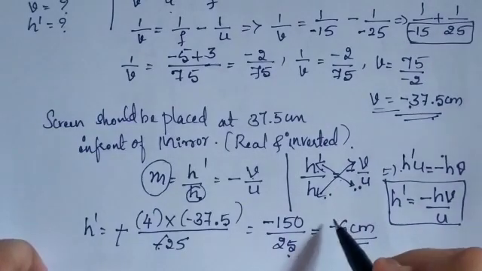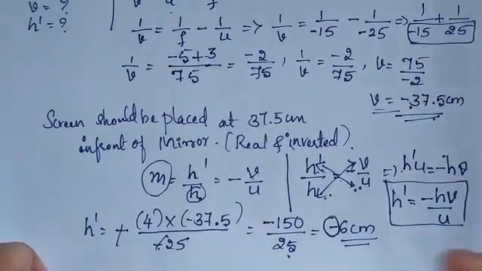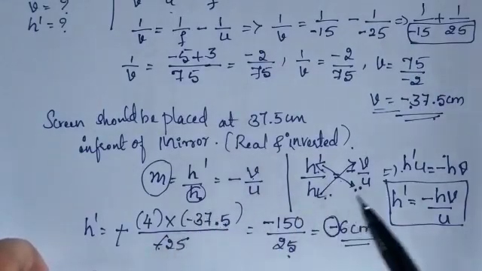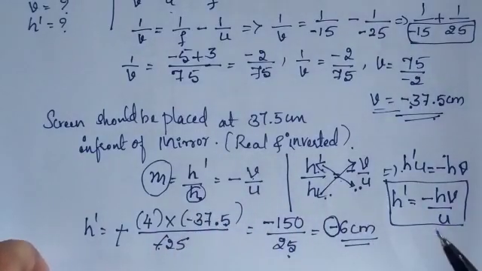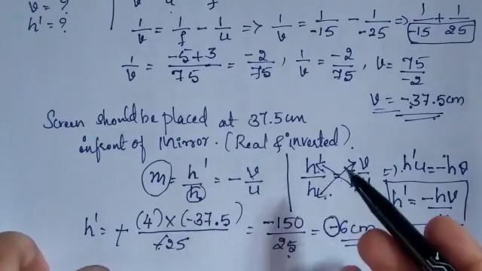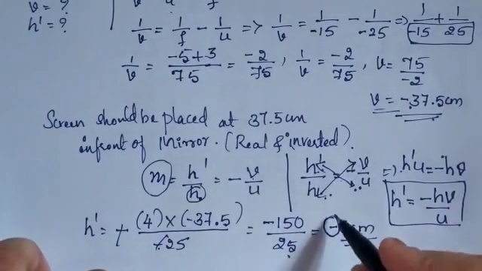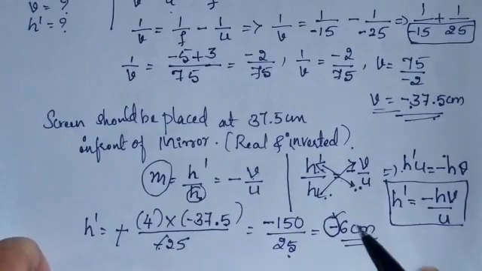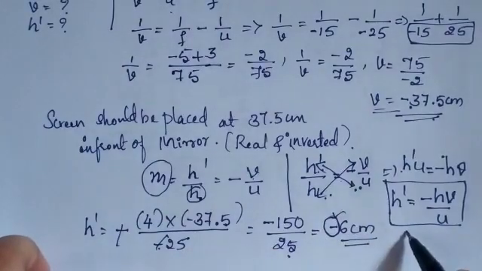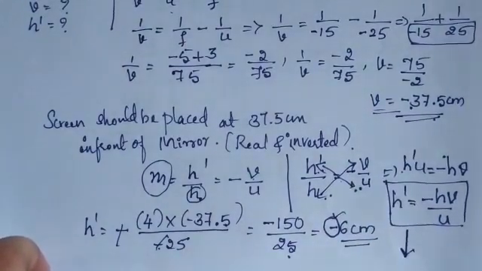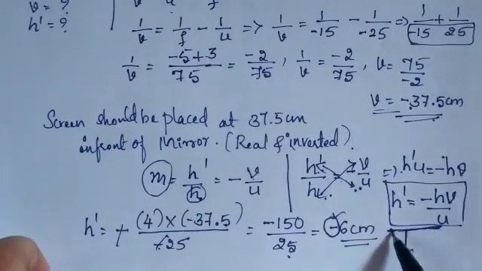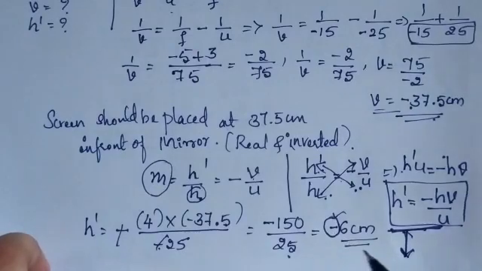Minus 6. First we have got that the image is forming in front of the mirror. In front of the mirror only can you say the image formed is real and inverted. Another proof is that here you are getting negative. If the h dash value is negative, the image will be formed inverted. Why? Because this is the principal axis, so the downward position represents a negative value. So the image is confirmed to be inverted.